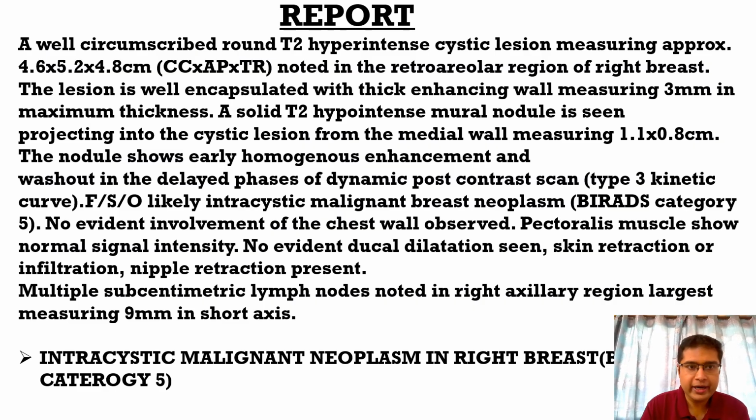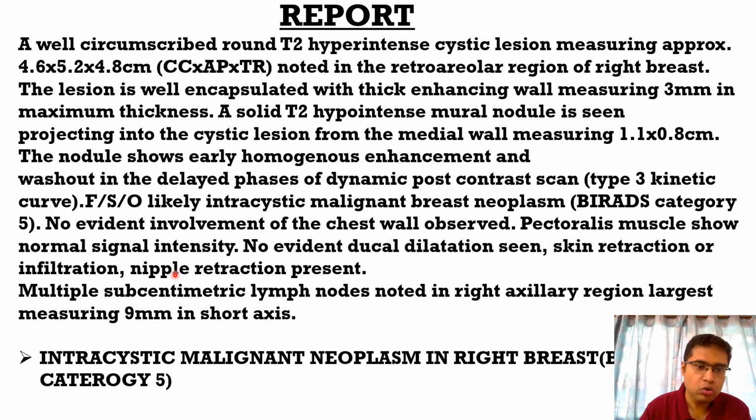So this is the report that I had given, that there was a well circumscribed round T2 hyperintense cystic lesion which was seen in the retroareolar region of the right breast. The lesion was well encapsulated with a thick enhancing wall, and a solid T2 hypointense mural nodule was seen projecting into the cystic lesion from the medial wall, and the nodule showed early homogeneous post-contrast enhancement and washout in the delayed phases of the dynamic scan, giving a type 3 kinetic curve, which was suggestive of intracystic malignant breast neoplasm